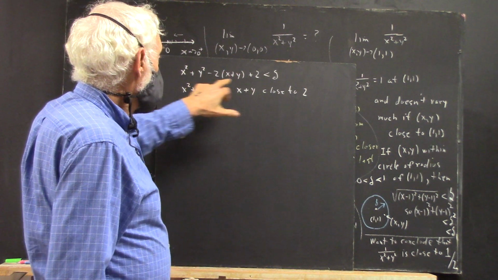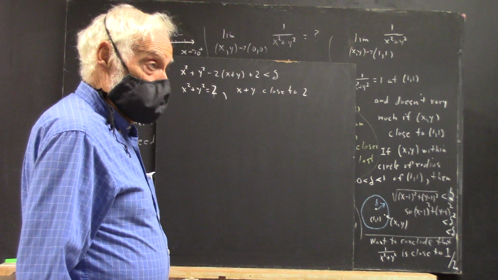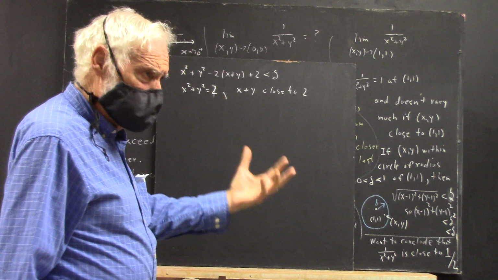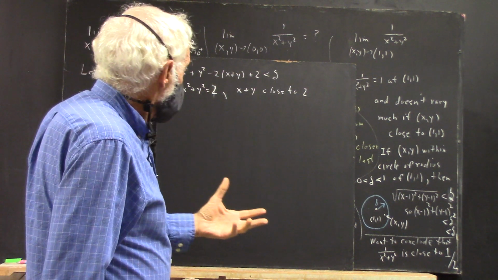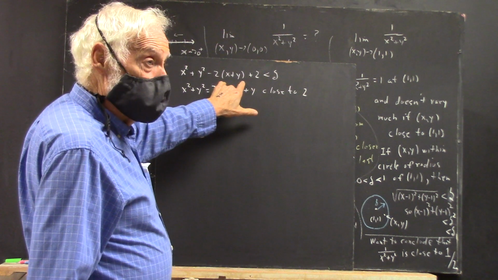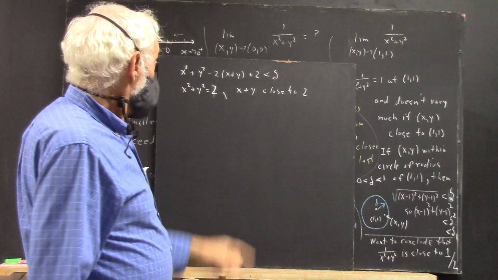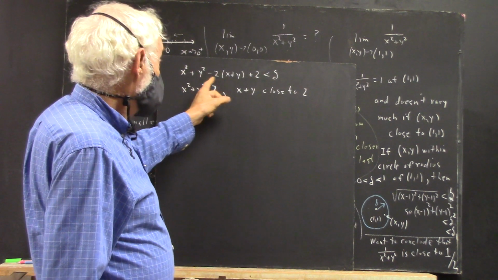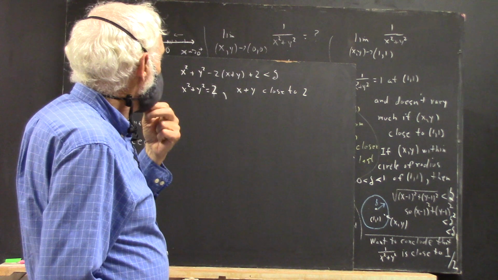So x squared plus y squared would be less than delta plus 2. Is that clear? We know that x plus y is real close to 2 if delta is small. So we know that this is going to be close to a negative 4 here. So we can say that